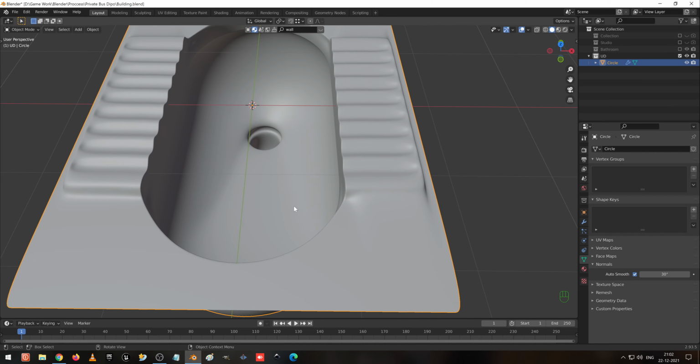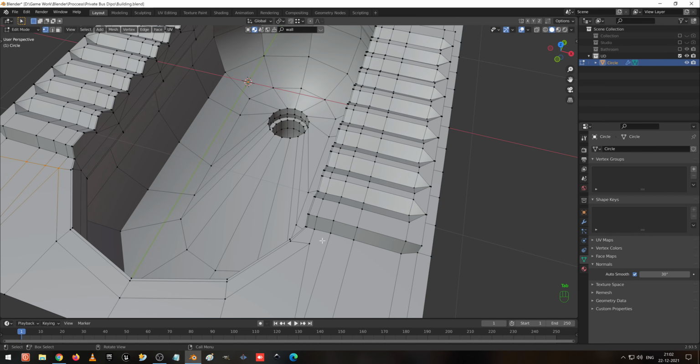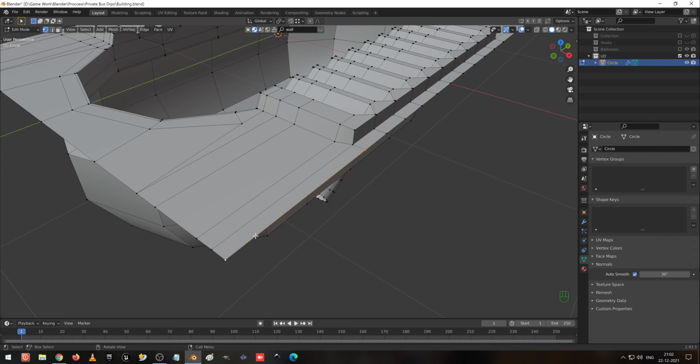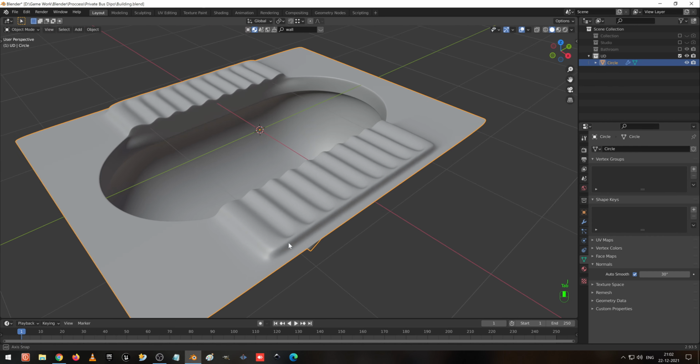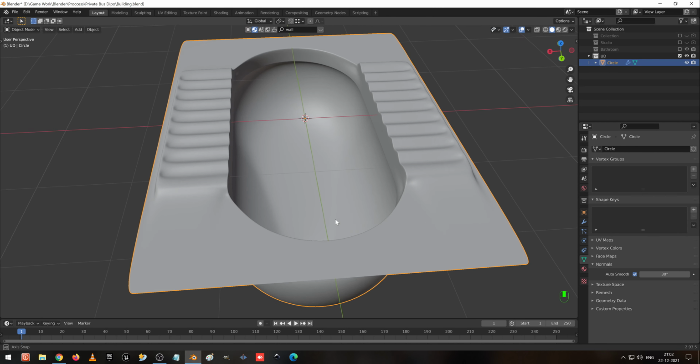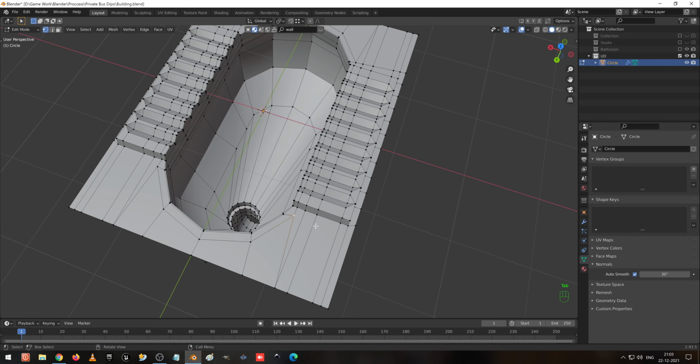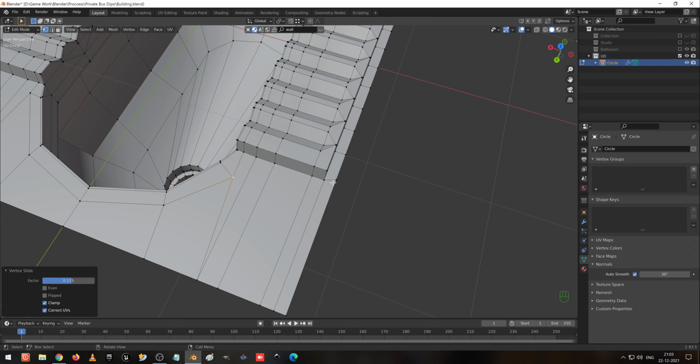Yeah, looks very nice. So I am going to do the same for this side also and the other side also. Double G to move towards like this, and select these two vertices and subdivide, and press double G to move, and select these two and press J to join, and we can see, wow, okay, everything looks fine. So you can see the difference between these two. Same thing I am going to do here, double G. I am going to do it on the other side the same way.